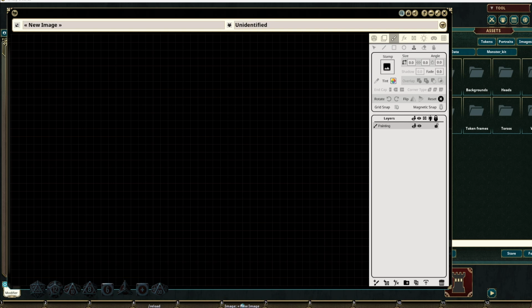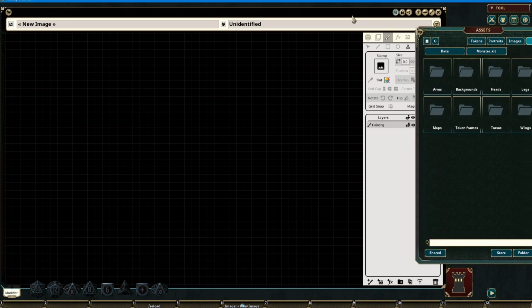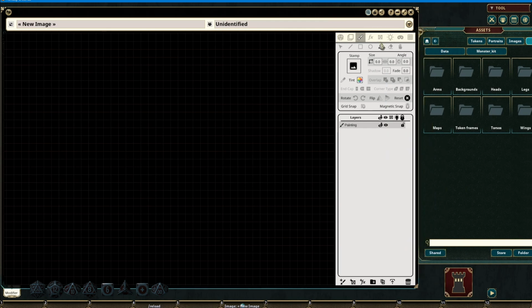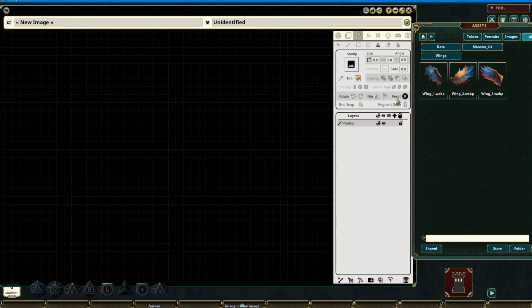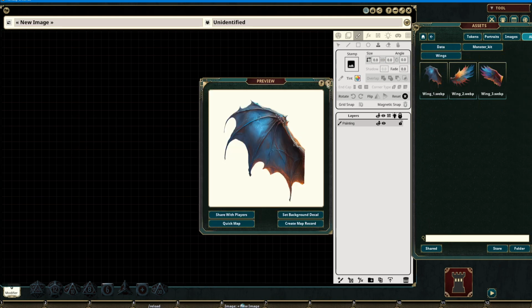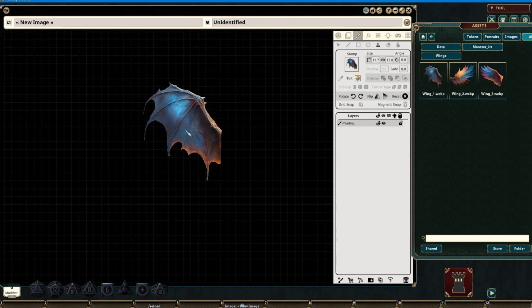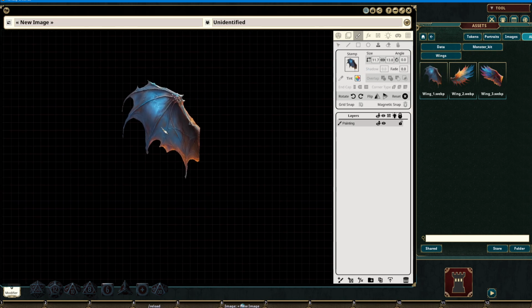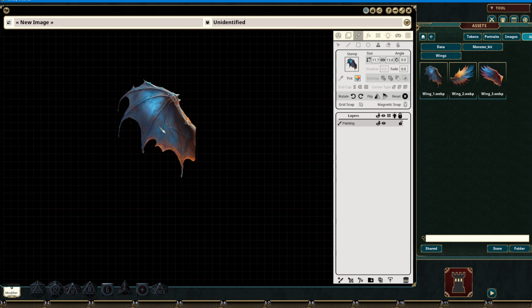The stamp tool inside of the Paint tab is unique in that it places a single image into the image workspace on a painted layer. If we were to grab an image, such as this wing, all we do is drag it and place it here. Once we have this image loaded into the stamp tool, we are now able to rotate the image by